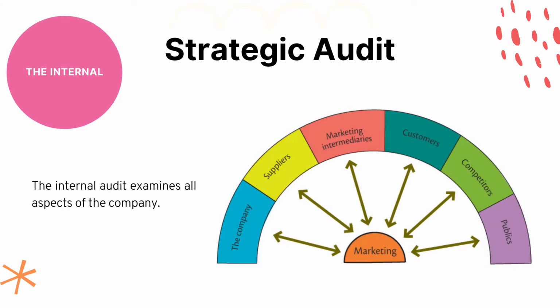Now we have the internal audit. It examines all aspects of the company. As you can see in the picture, it is going to analyze the elements that they have control over. They can control these elements, and as its name says, it's going to be a more internal process. So we're going to check the company itself, the suppliers that we're using, the marketing intermediaries, the customers, competitors, and